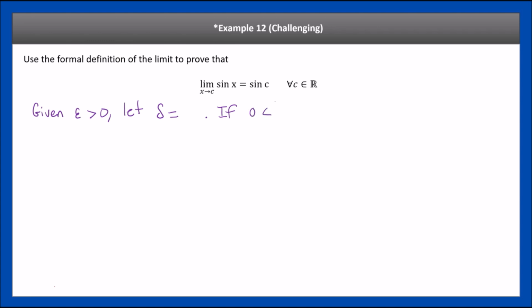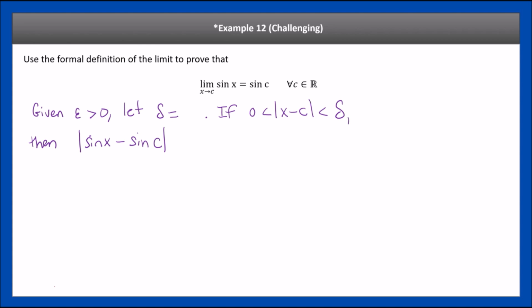If 0 is less than absolute value of x minus c is less than delta, I'm sorry, I'm getting ahead of myself, less than delta, then we could say the absolute value of sine x minus sine c has to be less than epsilon. So we want to show that it's less than epsilon. So for this, there's not really much you can do if you just look at it as it is. So what we're going to do is use an identity in trig known as the